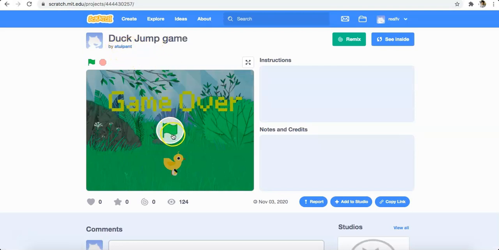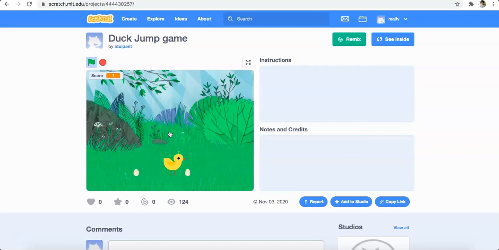Now we will click this green flag and see what this game does. If you press space, then this duck jumps, and if you don't press space in time, then the eggs hit the duck and the game is over.